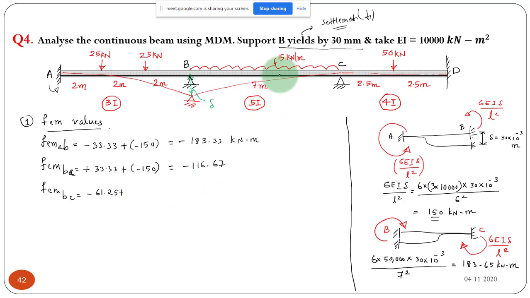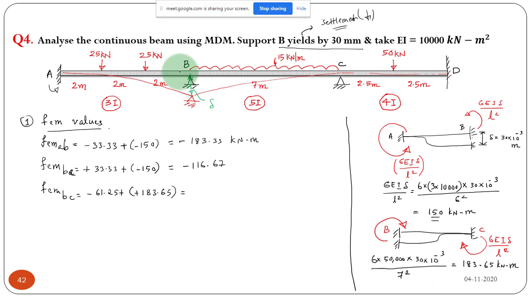Okay, and what is the additional moment due to settlement of the left support? The additional moment is clockwise 183, and clockwise means positive. So the additional moment is positive 183.65. These are all very simple. There is nothing to remember by heart, simple understanding only. Always keep the sign convention. It is a lengthy question, that is the only thing. The remaining things are straightforward, there is nothing difficult.